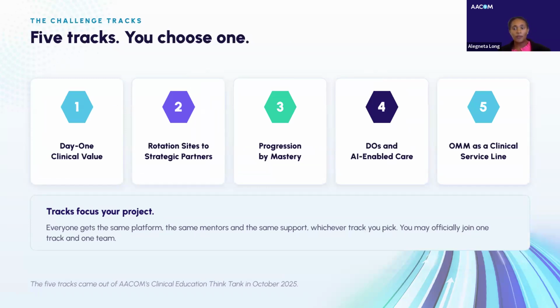So I'll talk a little bit about the tracks. This actually seems to be the area that folks are most interested in. So this is exciting. It just shows how passionate this community is. Before I go through them,